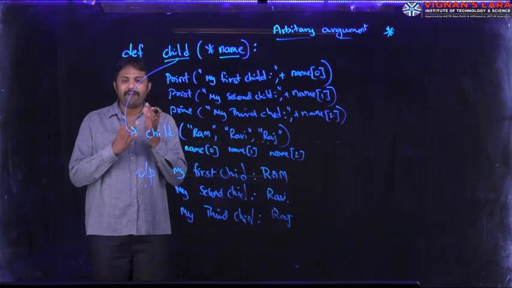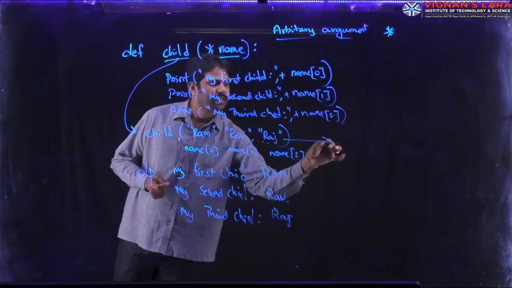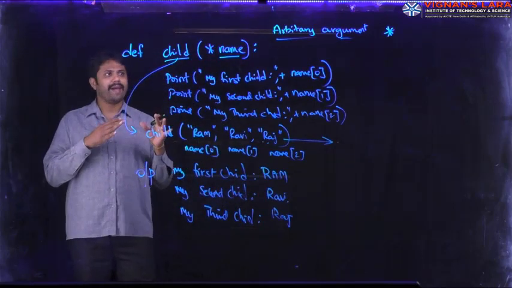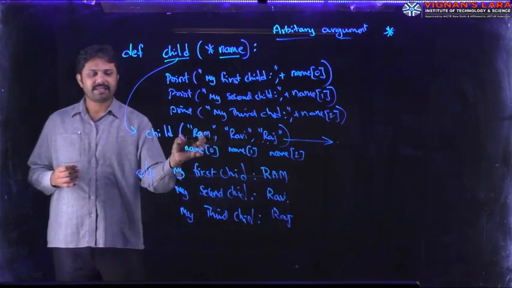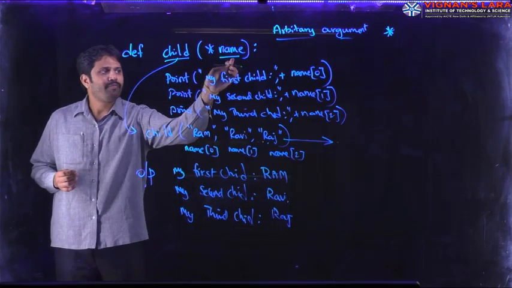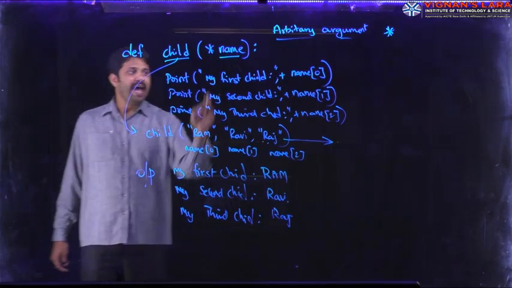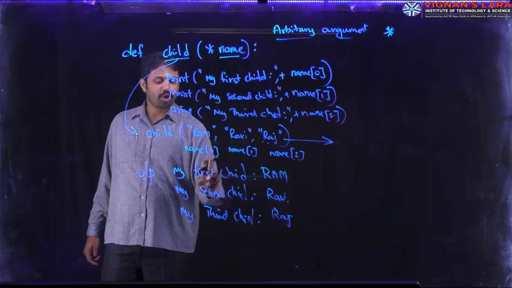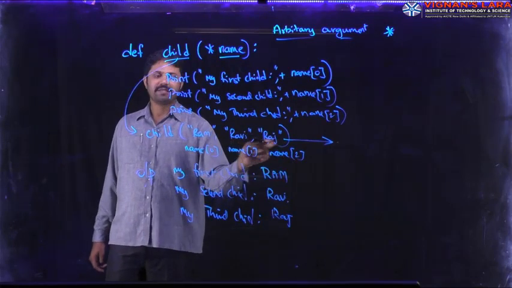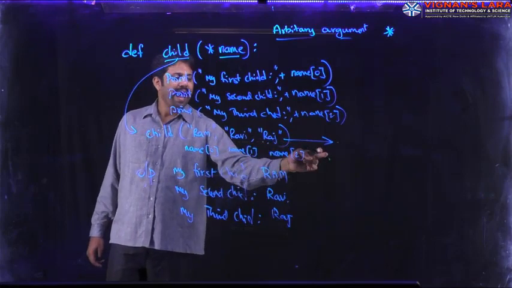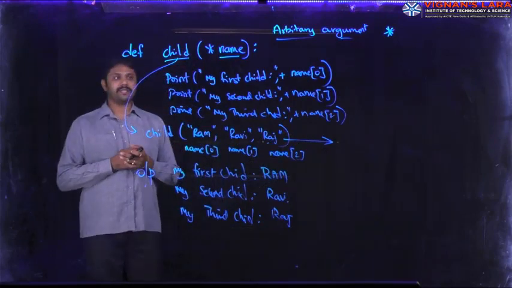Like this, you have to pass the arguments. Here, you can pass n number of arguments, but they will be considered as a list. So the argument at index 0 represents the first element, 1 represents the second, 2 represents the third element, and the next one represents the next element. Like this, and so on, you can represent the elements.